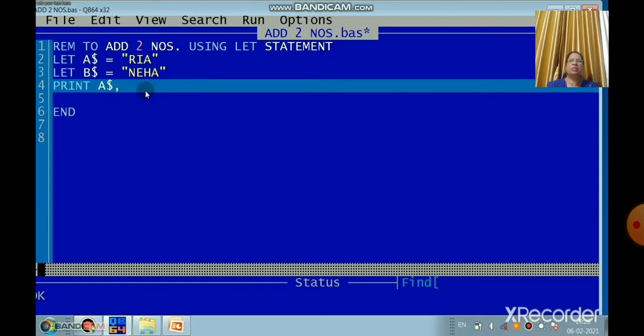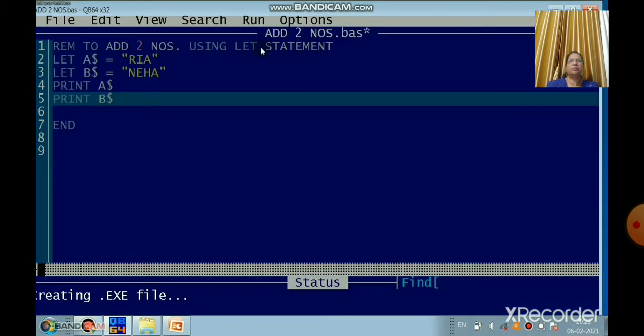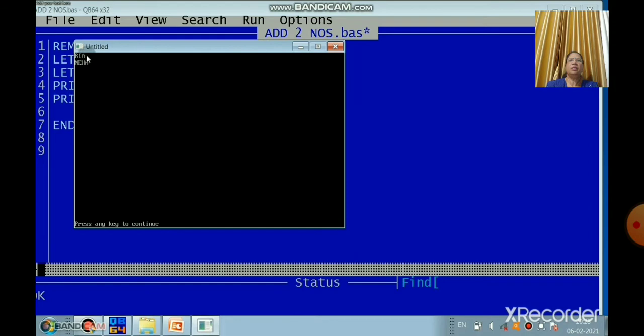No need to give the comma here, because you are taking it in the next line. Now you can see, start. Yes, children. You can see the two names are now on different lines.